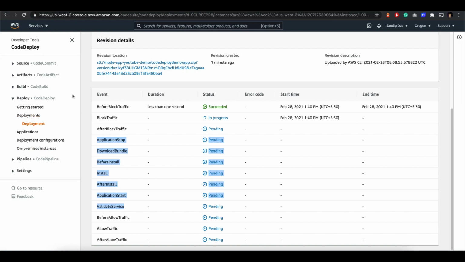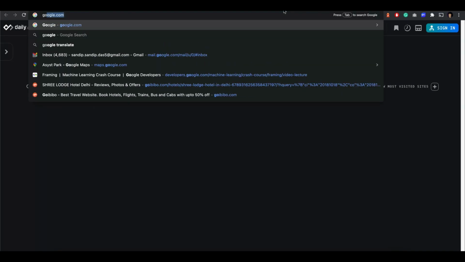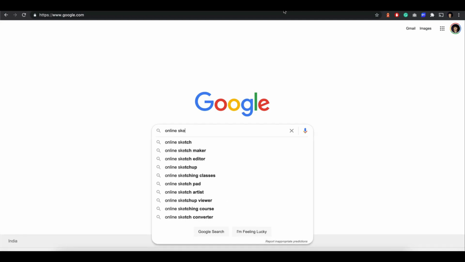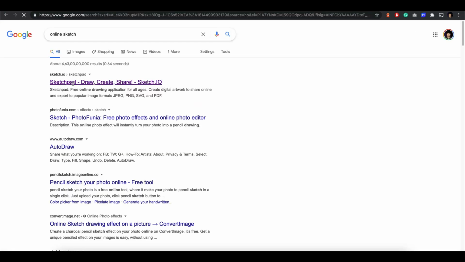What is happening? Let me explain the flow. I think that will be great, right? So let me use an online sketchpad and show the entire logic of how it works. Then it will be very easy to understand. So first we created one EC2 instance with the CodeDeploy agent installed.